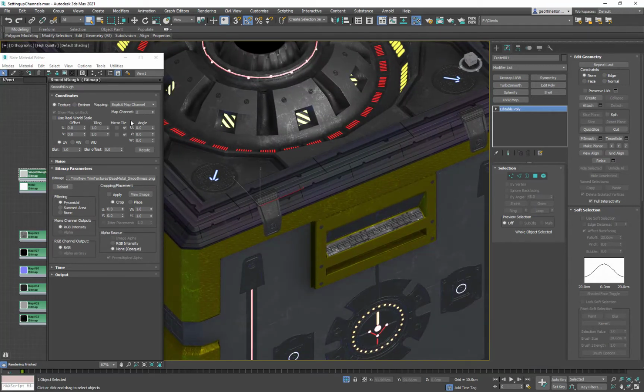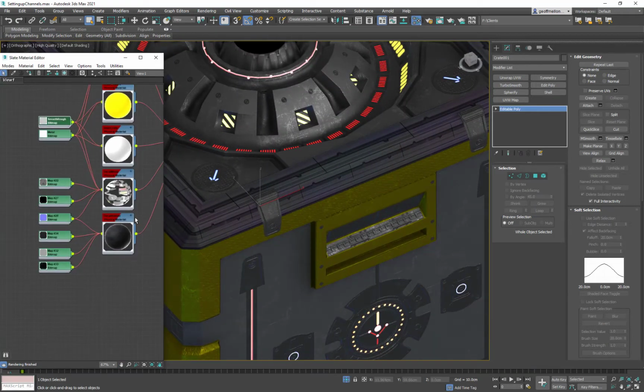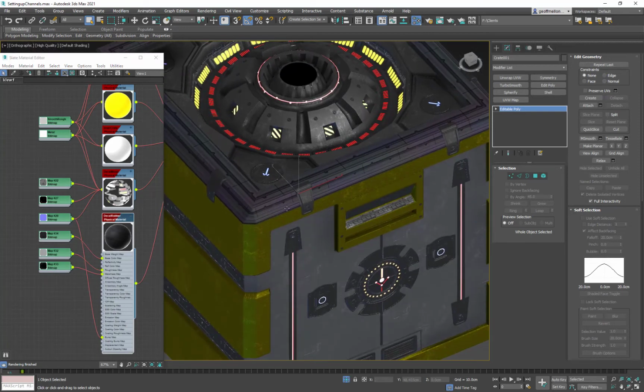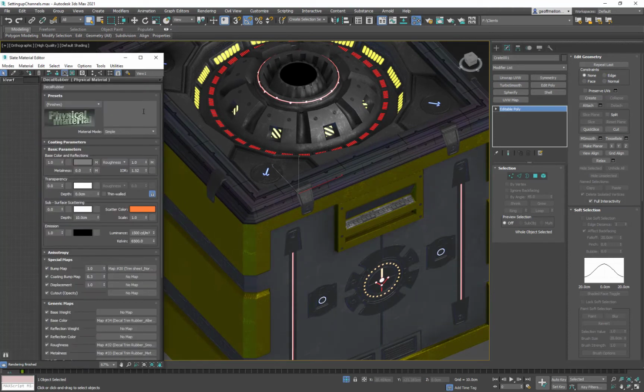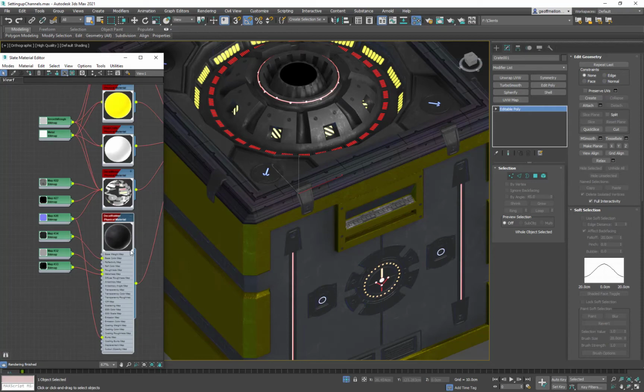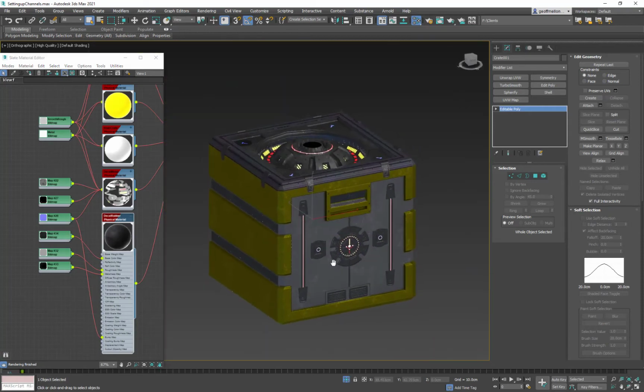This one is a little bit different because what I did, if we look at this, is I had a different metal and roughness map based off of the bake for this rubber. So yeah, it's pretty cool. That's the way to do it. And then when we export this out,